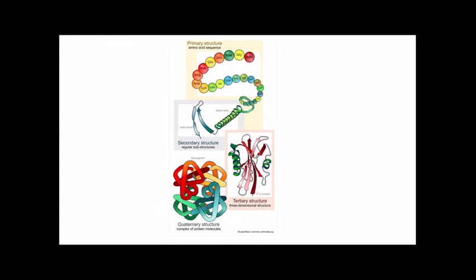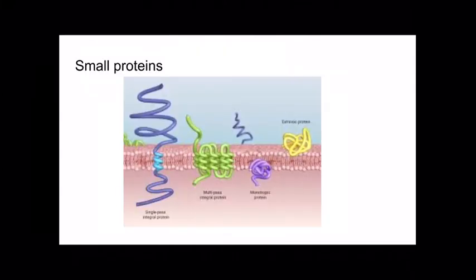So we may be eating proteins that are exactly like proteins that we're then going to turn around and use the amino acids to build, but we have to do it that way. We have to break them all down into individual amino acids, absorb them as individual amino acids, and then rebuild them in our cells into the proteins that we need. All right, so what else about proteins? Let's take a look at the uses of proteins in the body.